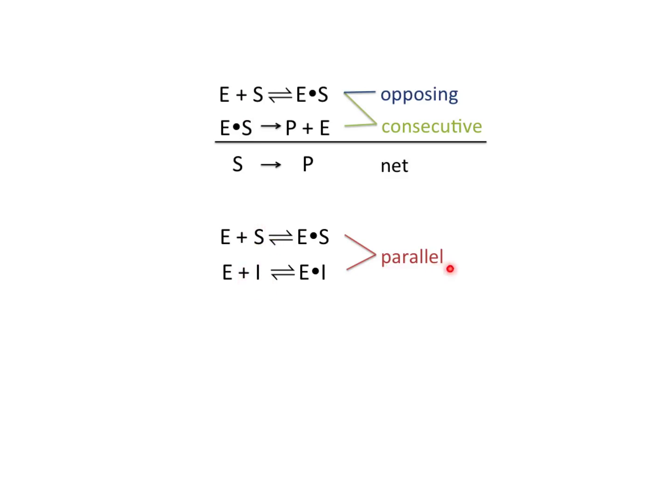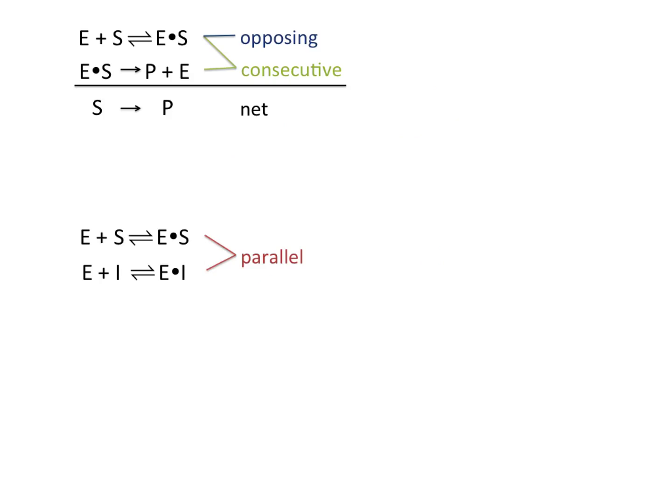This is a parallel reaction in which one reactant is used up by two separate reactions to form a product or an intermediate. So the enzyme is used up either by substrate or inhibitor to make an enzyme substrate complex or an enzyme inhibitor complex. This is an example of a parallel reaction. Note that in the case of the simple enzyme substrate mechanism with no inhibitor, the net reaction is that substrate